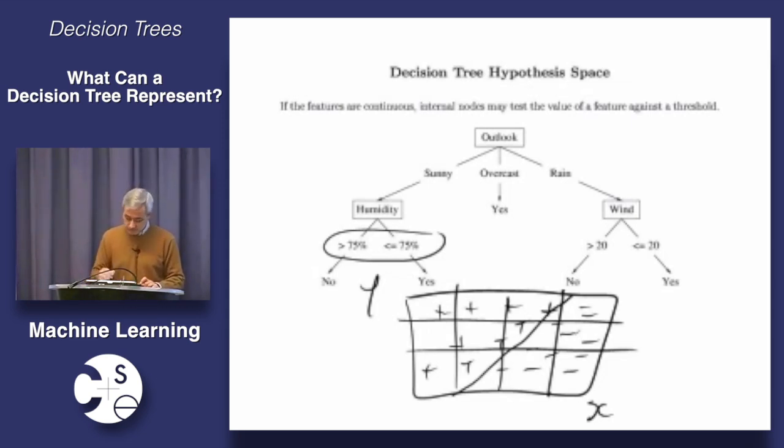Of course, given enough data, you could approximate this with a tiny little staircase. But this is not very satisfying because now you have a really complicated decision tree. In fact, the complexity will go off to infinity as you get more data, when in fact a much simpler thing would suffice. Okay? So in principle, you can approximate anything with decision trees, but in practice,